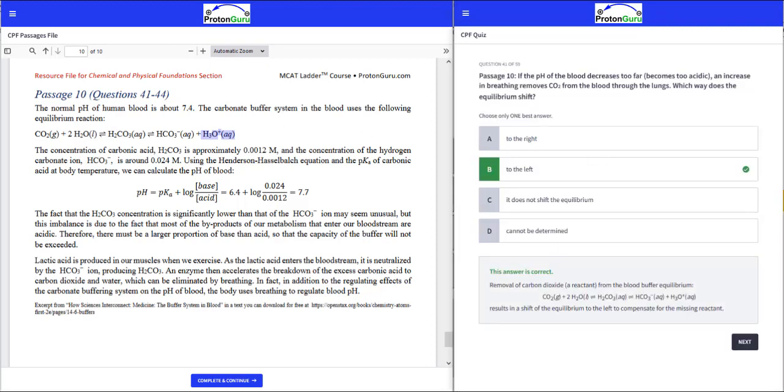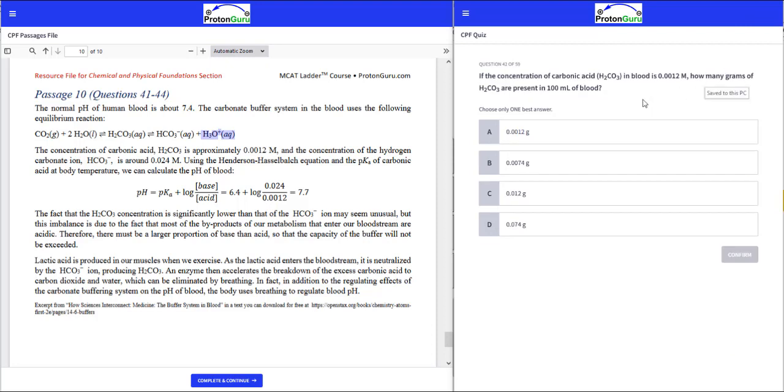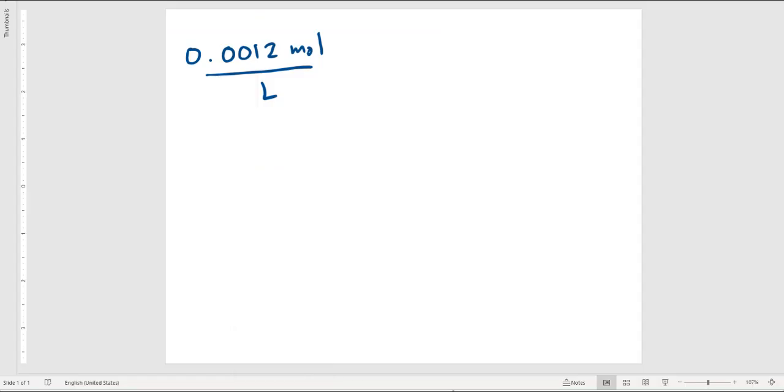The next question is saying if the concentration of carbonic acid in blood is 0.0012 molar, how many grams of H2CO3 are present in 100 milliliters of blood? So we have to convert moles per liter to grams per 100 milliliters. So I've written out molar as mole per liter, first of all. I'm going to convert this to grams, so I need units of grams on top and units of mole on the bottom. So how many grams per mole will I get out of